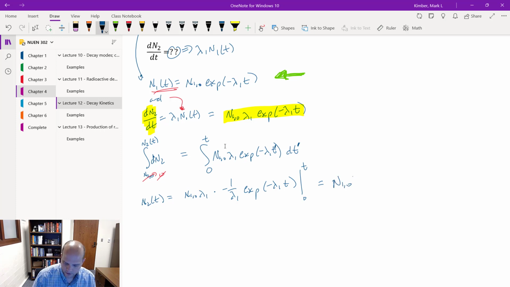And so I've got my initial inventory of the parent radionuclide multiplied by its decay constant, lambda 1, and this will then be negative 1 over lambda 1. Actually, what we'll do is just cancel those out. And so we've got negative exponential of negative lambda 1 t plus exponential of 0, which is 1. And so n2 of t then simply equals